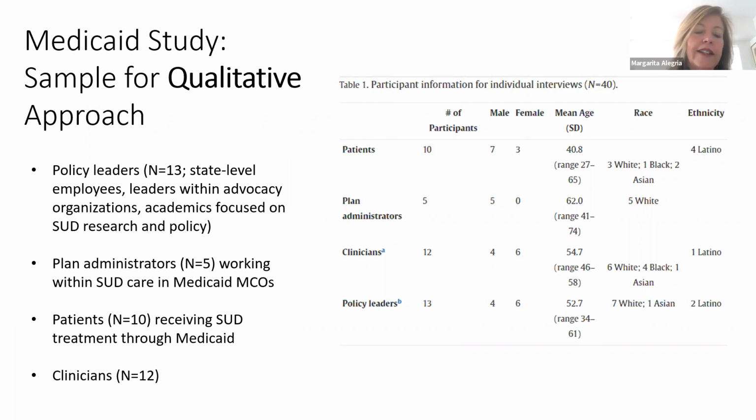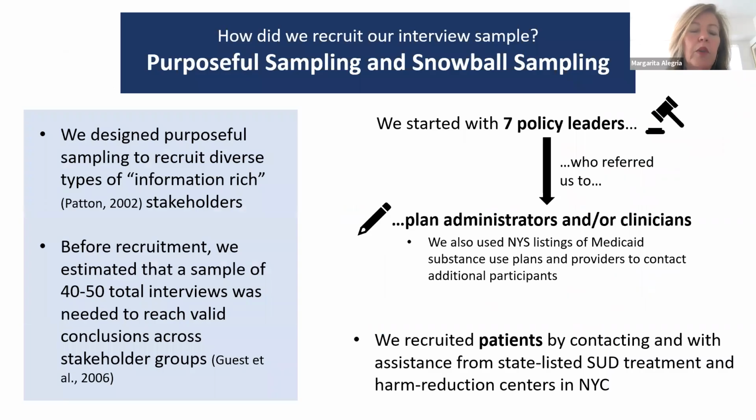And these people were fantastic. People were incredibly generous in sharing with us what they thought could be a difference. We had estimated that we would be able to interview around 40 people. We started with 7 policy leaders, who then referred us to administrators, who then referred us to patients. We also identified patients through state-listed SUD treatment sites and harm reduction sites. And we did very purposeful sampling, because we wanted to have